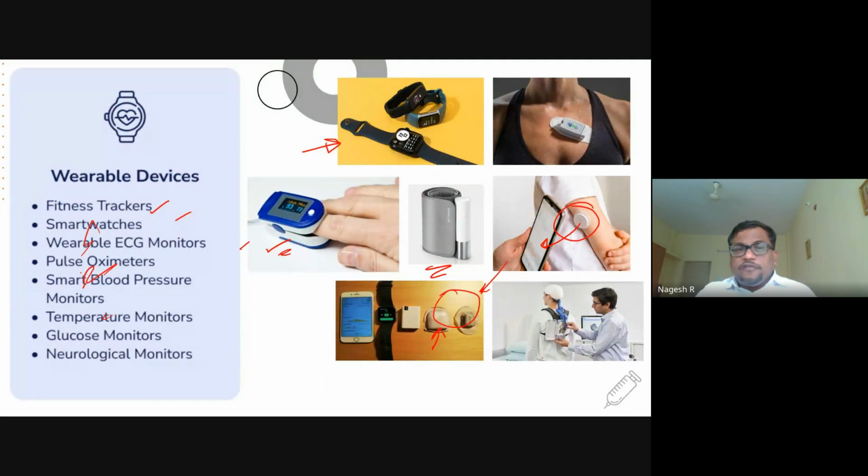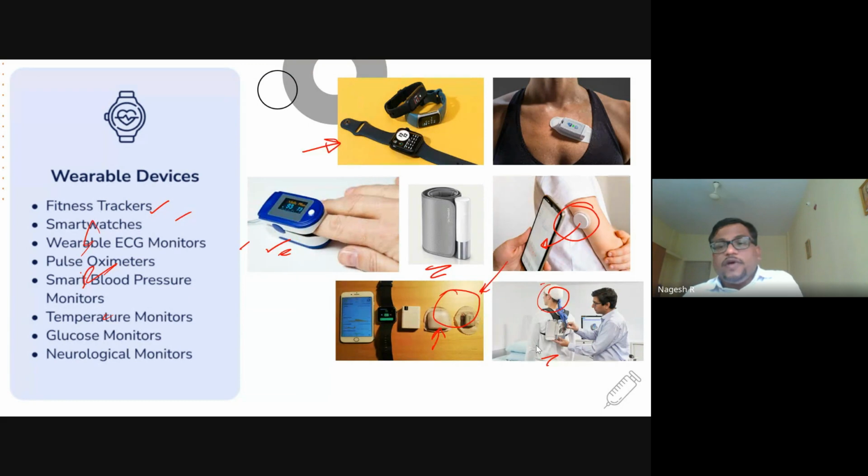This is a picture of a neurological monitor to measure the EEG of a patient who might be suffering from epilepsy or any brain disorder. This is a kind of wireless one. See, measuring EEG is a complex process. It is time consuming. But some companies have developed a wearable EEG monitoring device, which is again another example of IoT